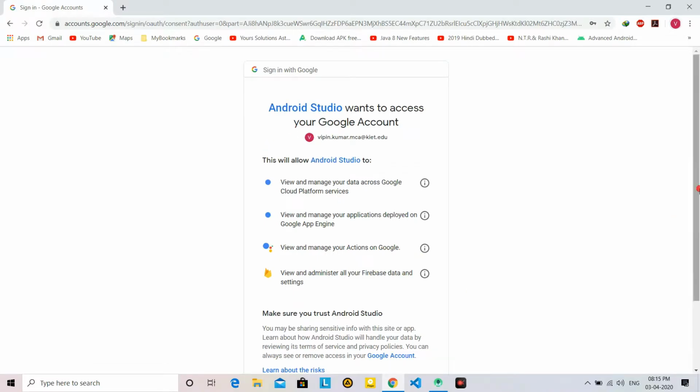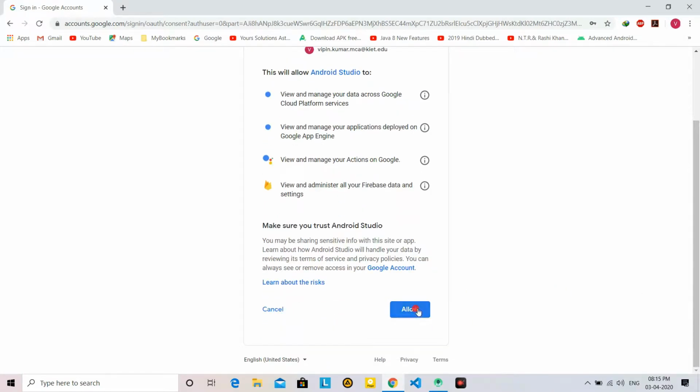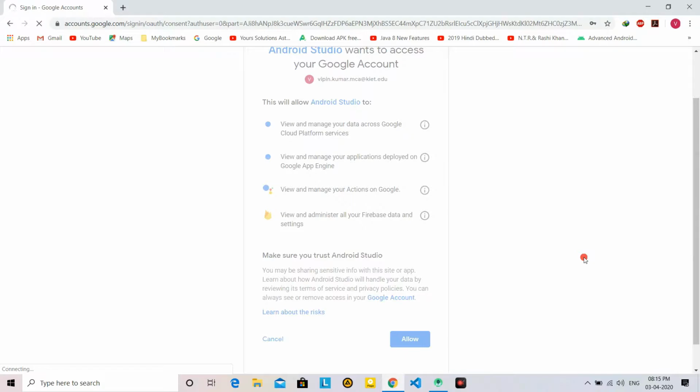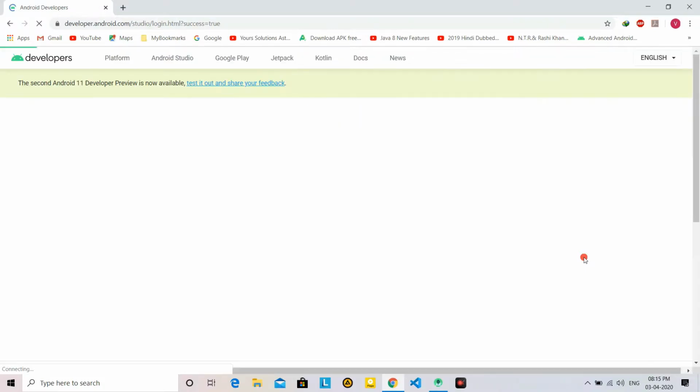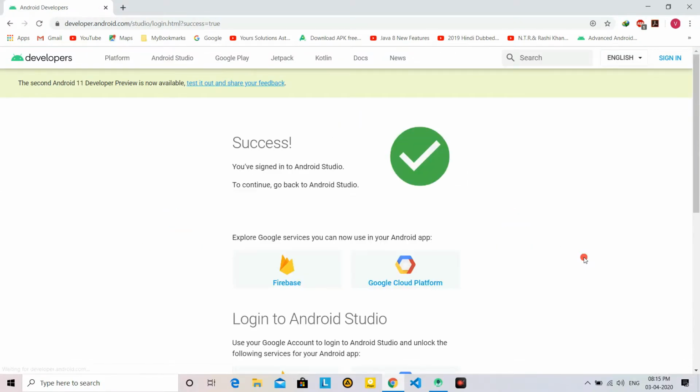Now login, and it is asking for permission. Now it will go to the Firebase site, so I click on Firebase.